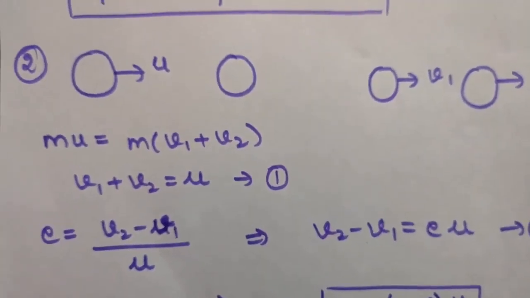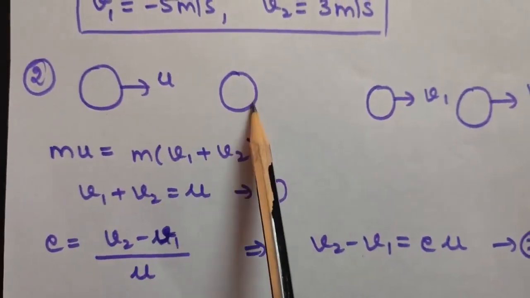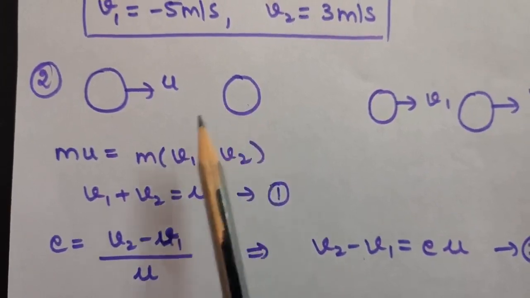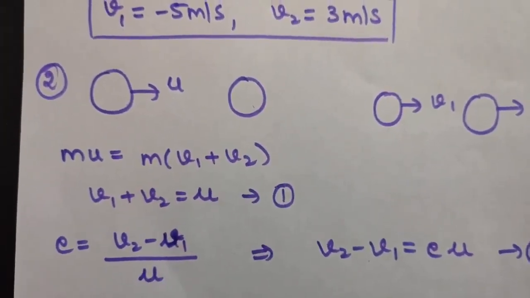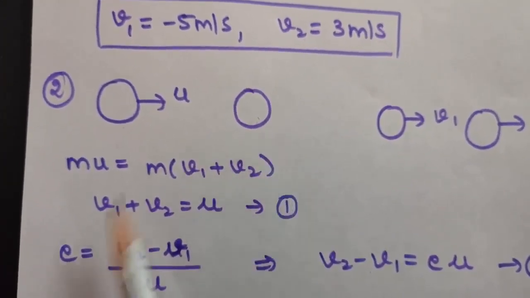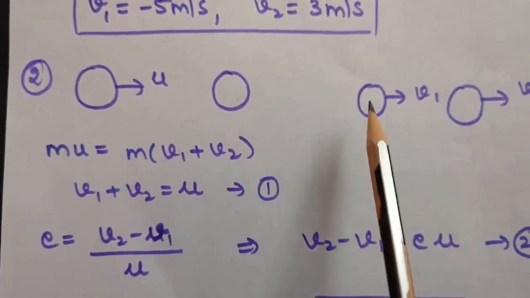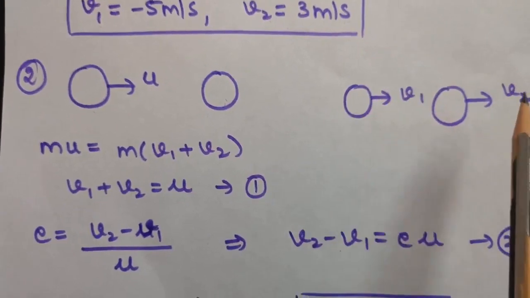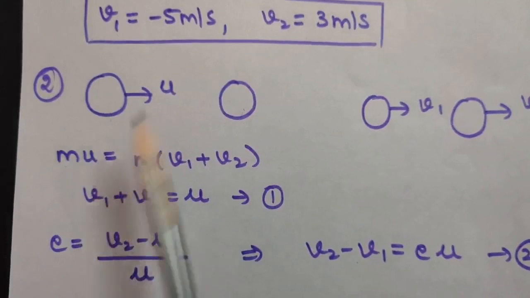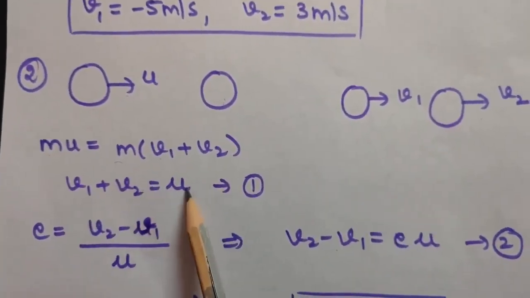Okay, so in the second question it is given a sphere of mass m which is moving with the speed u hits a stationary sphere, that is, it is at rest initially. Then the question says the second sphere also has the same mass and the coefficient of restitution is given to be e. You have to calculate the ratio of velocities of the two spheres after collision. So let us suppose after collision they have velocities v1 and v2. Again using conservation of momentum will give you mu is equal to m times (v1 plus v2). From here v1 plus v2 will be equal to u.